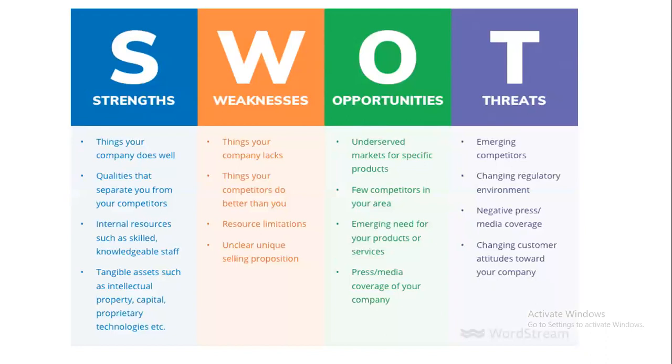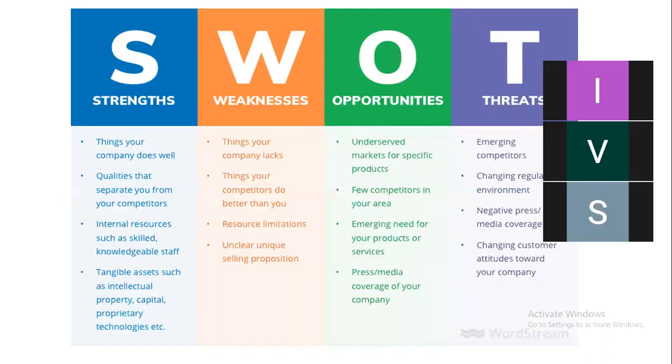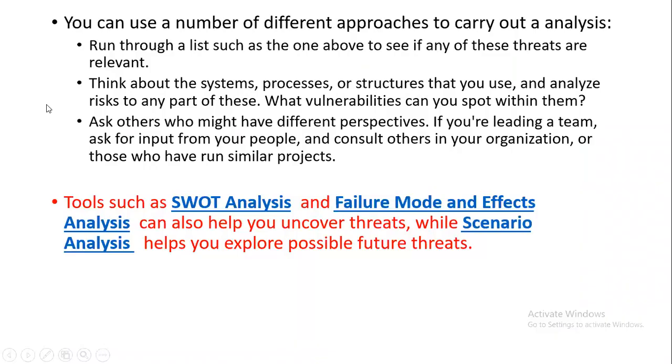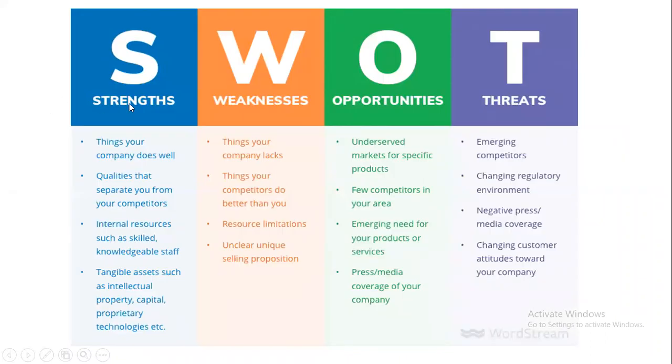So now we'll see what SWOT is. What is the tool SWOT? SWOT is nothing but strengths, weaknesses, opportunities, and threats. So this is the tool by which you can analyze the data. Risk analysis can be done, because here we are going to take all the factors: strengths, weaknesses, opportunities, and threats. So finally, by taking all these things into consideration, we are going to analyze the risk.